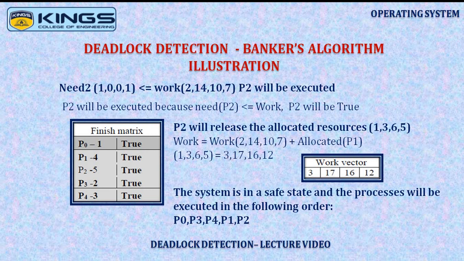If one such safe sequence exists, then it means that the system is in a safe state, and hence there is no occurrence of deadlock. So using the Banker's algorithm, we have found efficiently in what way the order of resources can be allocated so that the processes are able to complete their tasks. So from this session, we can determine whether a safe state prevails for the given problem state using Banker's algorithm.